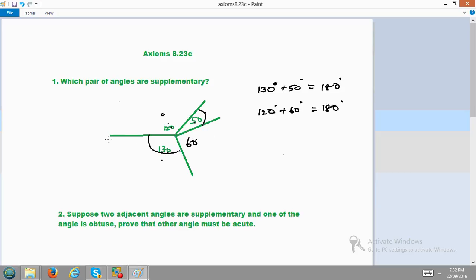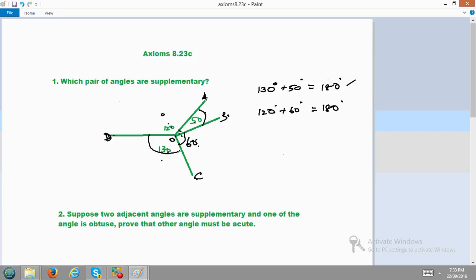So you can write ABC, and you can put here this is D, so A, B, C, D. You can write the angles also. DOA is equal to 120, and BOC is equal to 60. So instead of writing like this, you can write BOA plus DOC is equal to